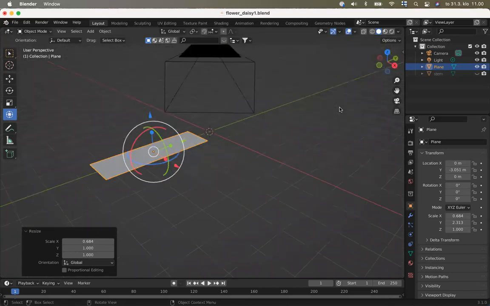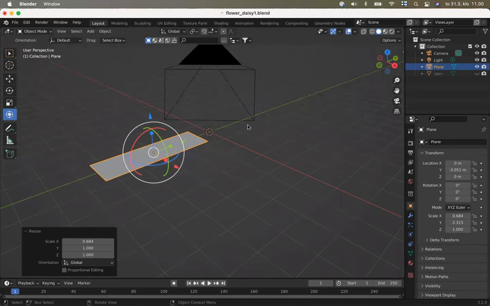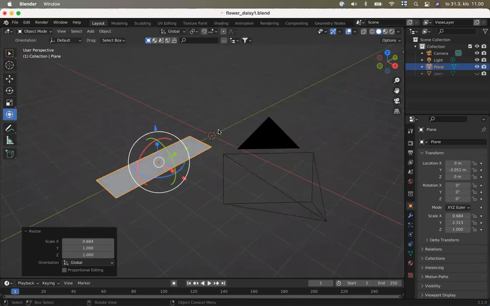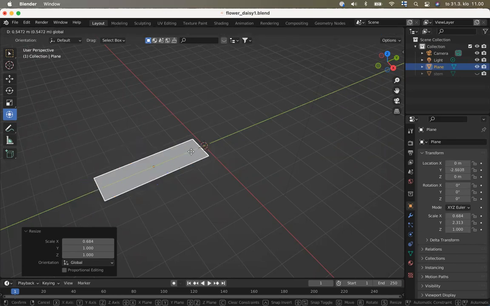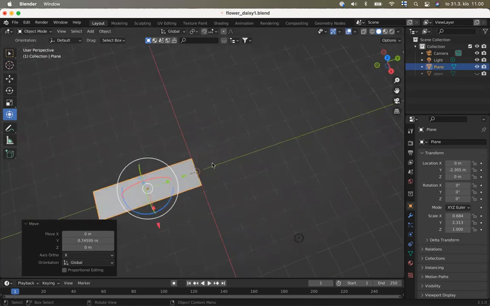Okay, what I also want to do, I want to change where this leaf starts, or where this petal starts. Like right now, the middle point is over here, and I don't want that. Actually, I want the middle point to be over here, and I'll just put this close to the 0 axis,